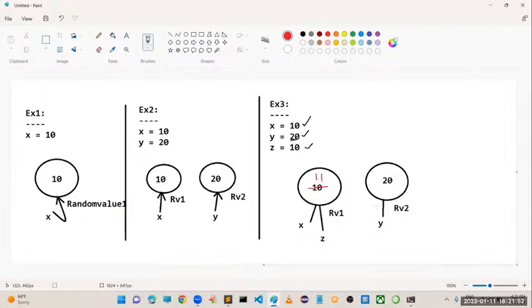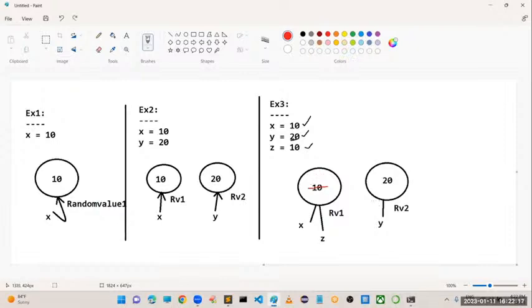Now, because of this modification, sir, x content is changed. At the same time, z content is also changed, right? Yes, because multiple references are pointing to the same object. Definitely there will be some issues. This is the problem we have.